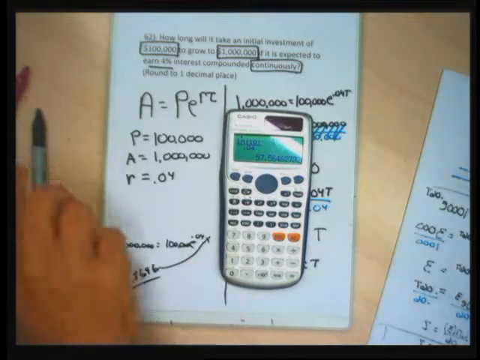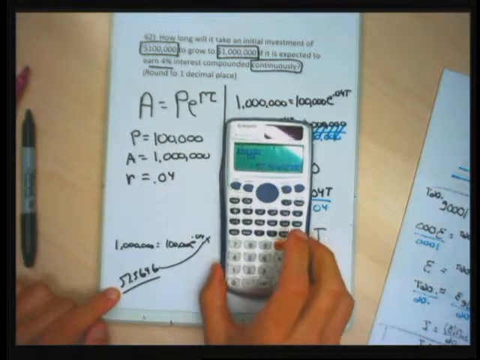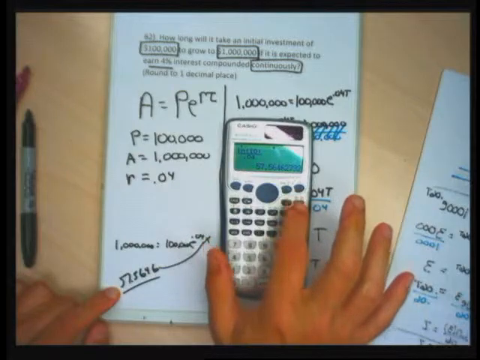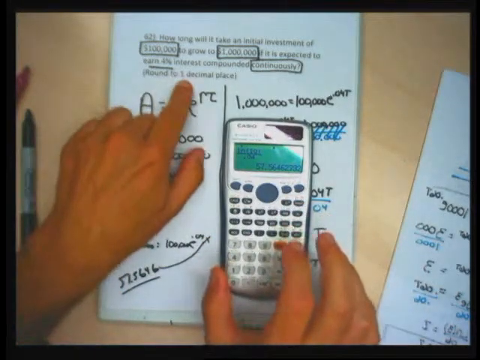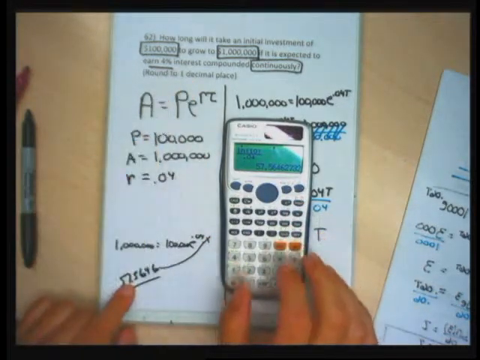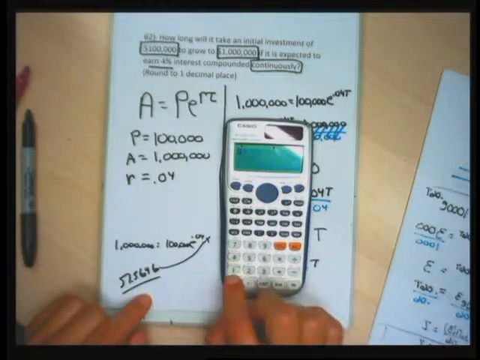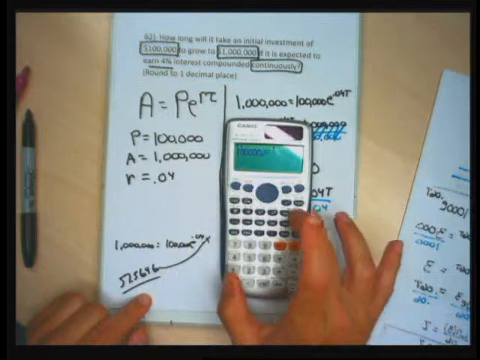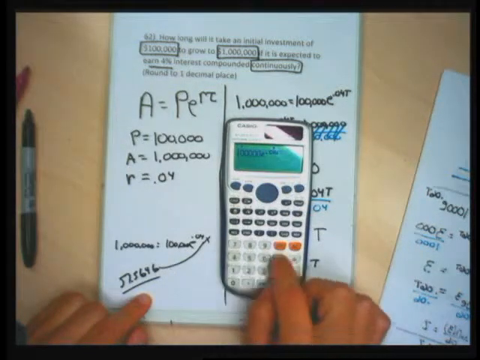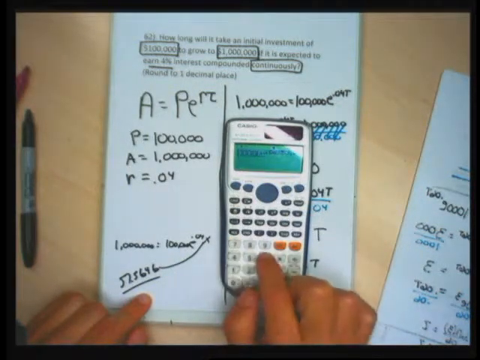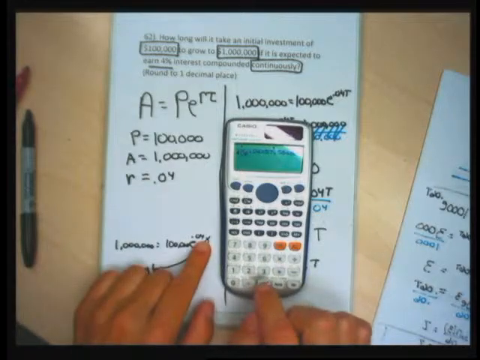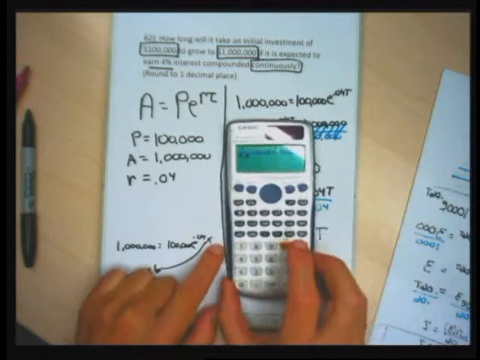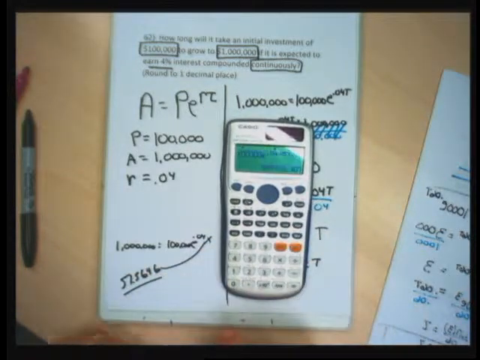And I'm going to use all those decimals in my checking, because the more decimals you carry, the more accurate your answer. Even though I'm asked to round to 1 decimal, I'm going to check with 4 decimals. So I'm going to go 100,000, 5 zeros, and then shift ln, and then 0.04 times 57.5646, because I needed to go 0.04 times t, and I just didn't feel like writing it there because I didn't have room. When I hit equals, I get